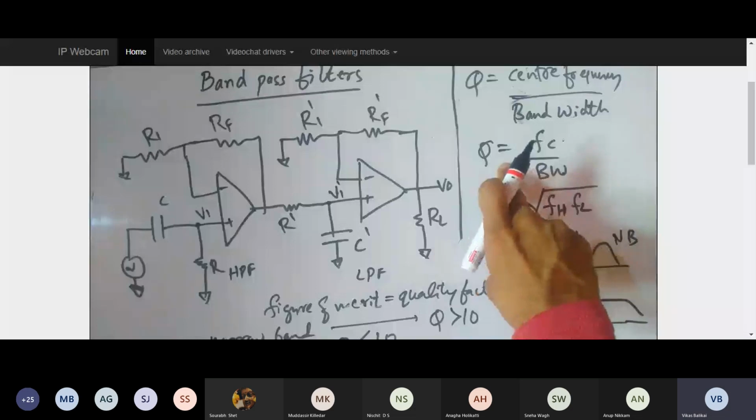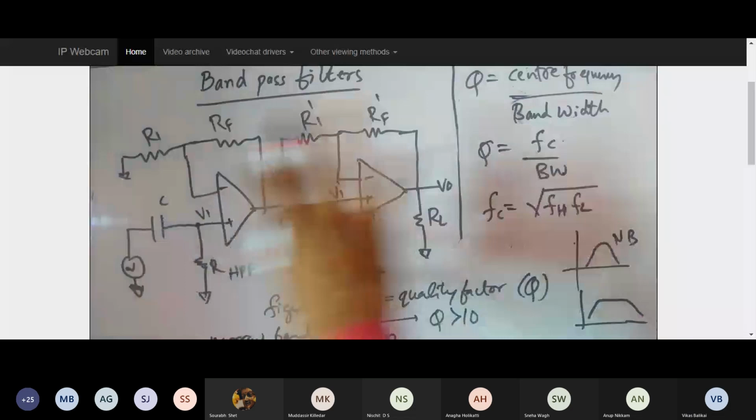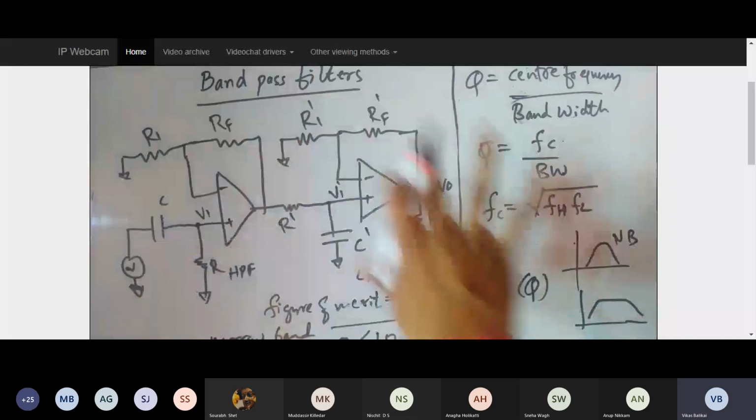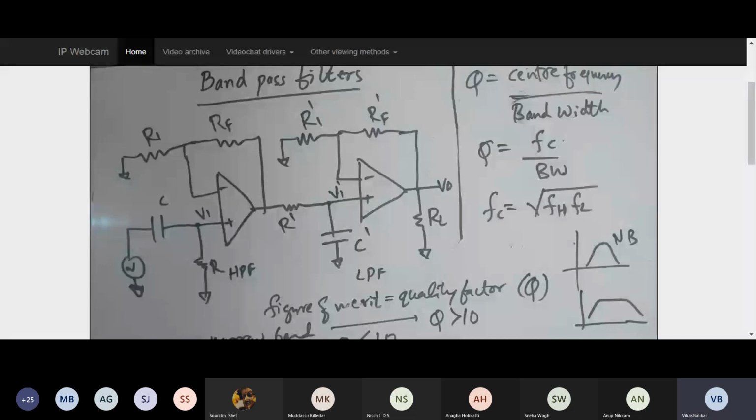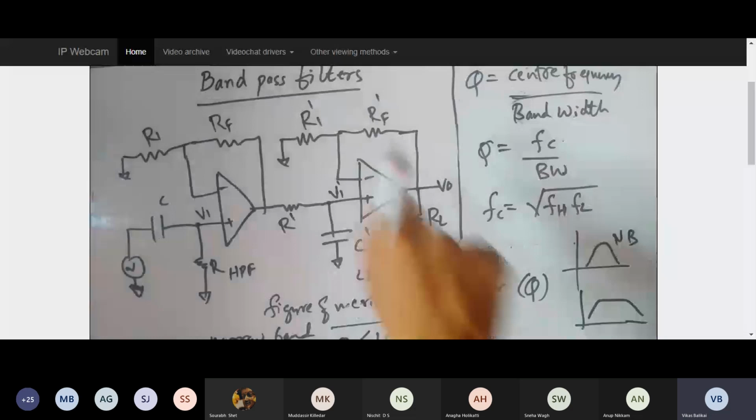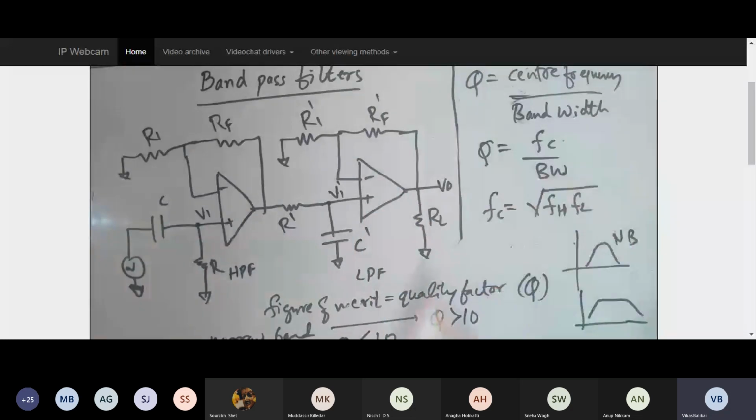I say this is going to behave as a wide band filter. But sorry, this is going to behave as a narrow band filter. But otherwise, this circuit as it is, is a wide band filter only. What I'm showing over here is specifically the wide band filter circuit. For the narrow band filter, I am going to show you some other circuit built using only one op amp, but I can make this entire filter a wide band or narrow band by just changing the Q value. How do I change it? It depends on FH and FL. So this is the content of this band pass filter. That's it. This is the analysis we are supposed to do over here.